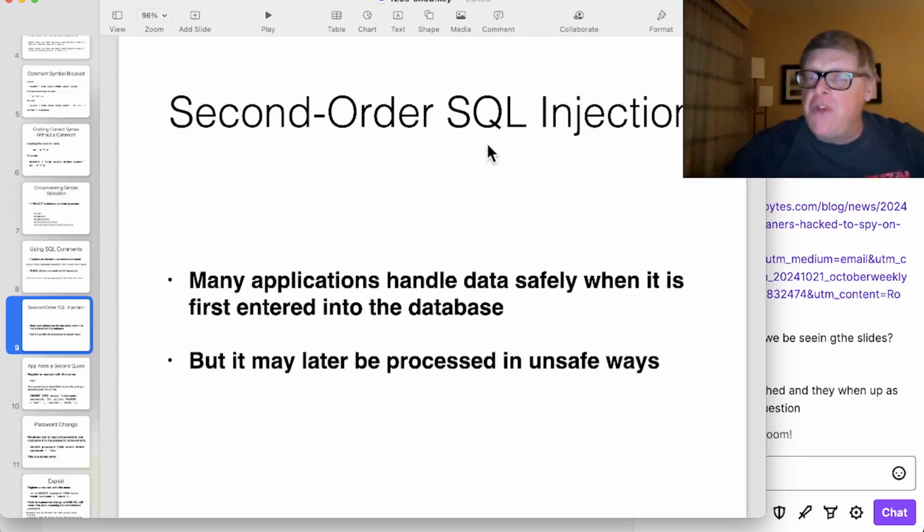And then there's second-order SQL injection, where you put in data which is correctly understood and entered into the database, but later when you use it,